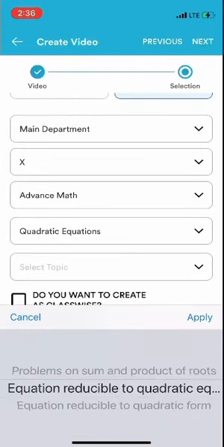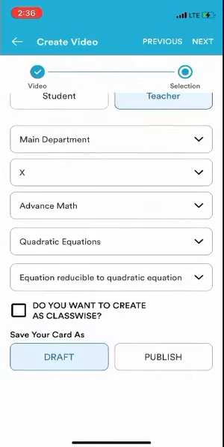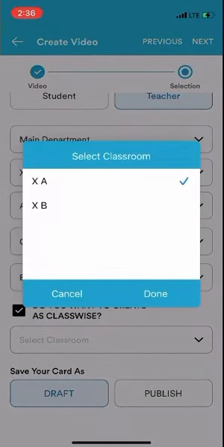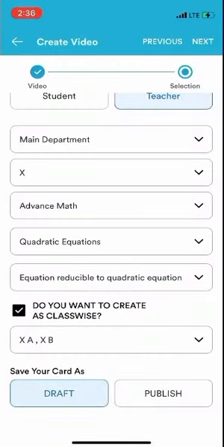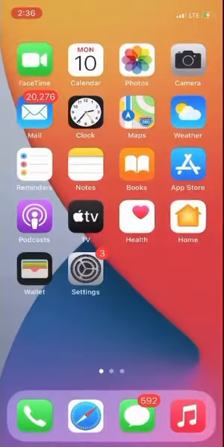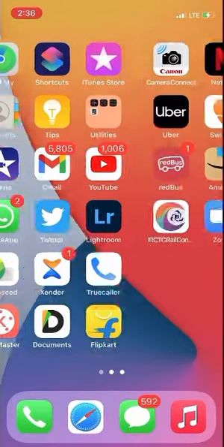Then you select the topic. Then you click on the box of live class. Yes. Then you select which sections you have. If you have 2 or 3 sections, you can select all the 3 sections together. Then you click on publish, and you have successfully scheduled your class. Now you can close the Pocket Study for now.